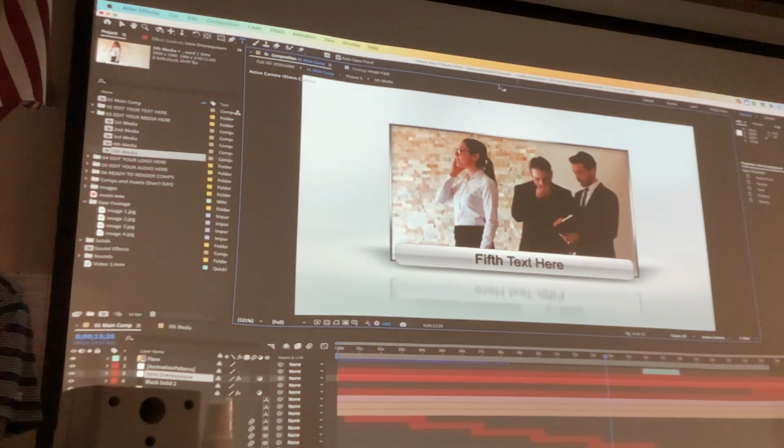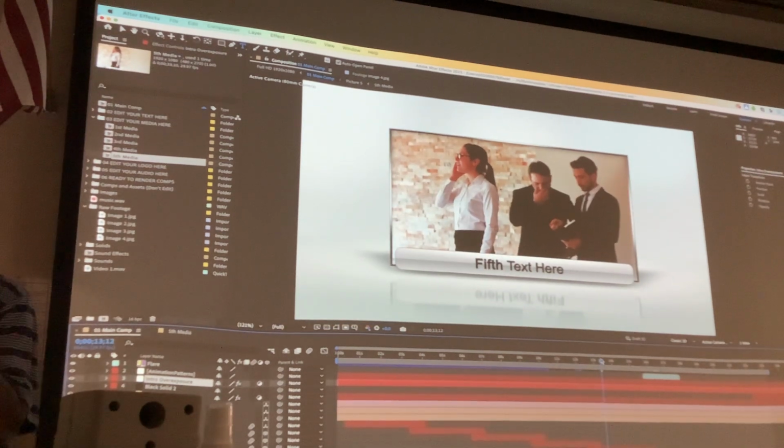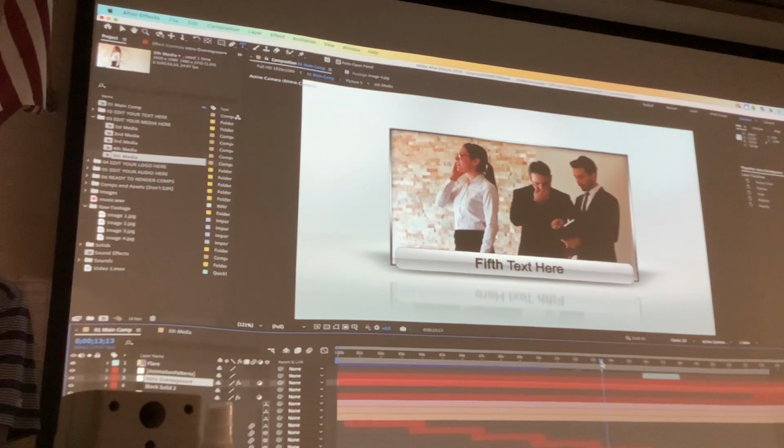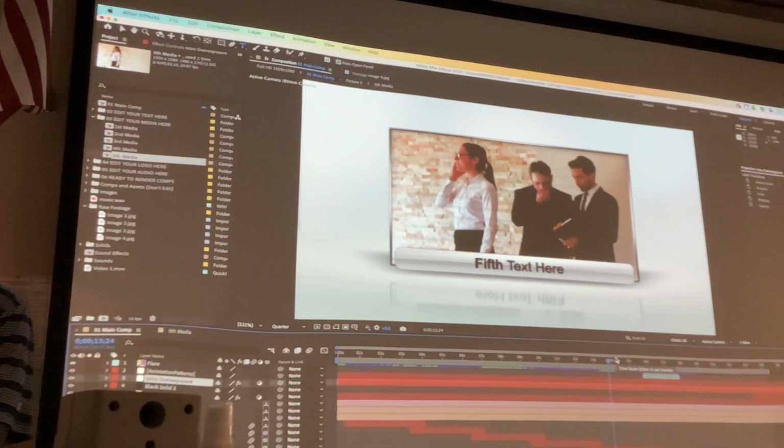And if I wanted to see it with a clean, full resolution, I would just hit the space bar to play, and it would go into my preview mode. And it would just take however long it takes to give us a full resolution preview, alright? Let's see, I'm gonna put it back to quarter resolution, just so that I can work with it really fast. Okay, about this composition also,